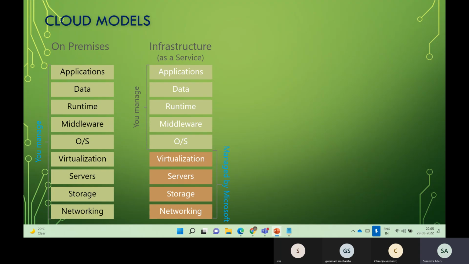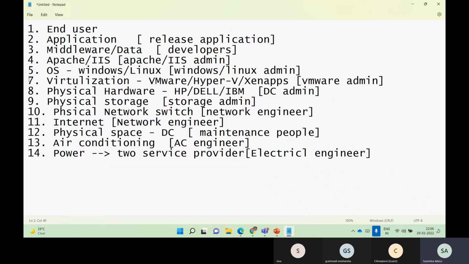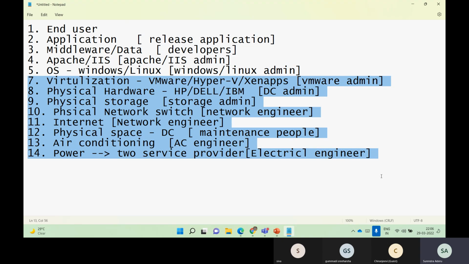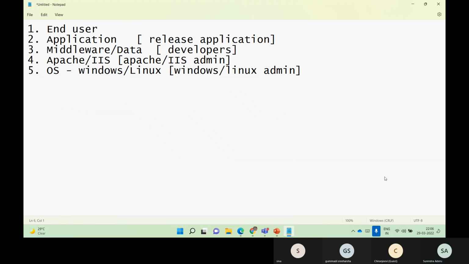It's irrespective of the cloud I'm seeing. Our responsibility is just to create a virtual machine, install the middleware or runtime software which is needed, get the data, and run the application. We are nowhere concerned about all these layers. Layers 7 to 14 will be completely handled by the cloud vendors.